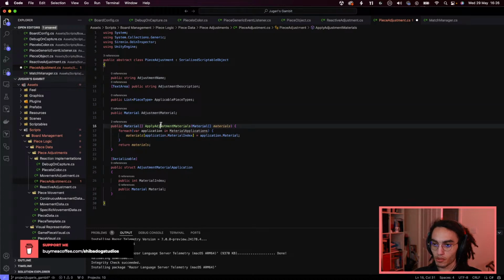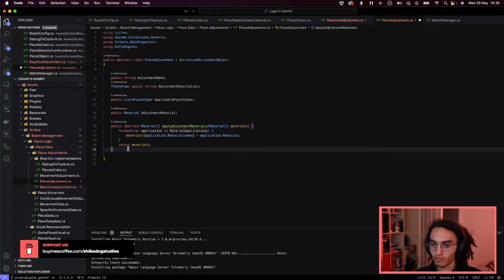And then when we apply the adjustments, let's make this abstract. Oh, no. Let's not make it abstract. Let's leave it as is. But we'll have a